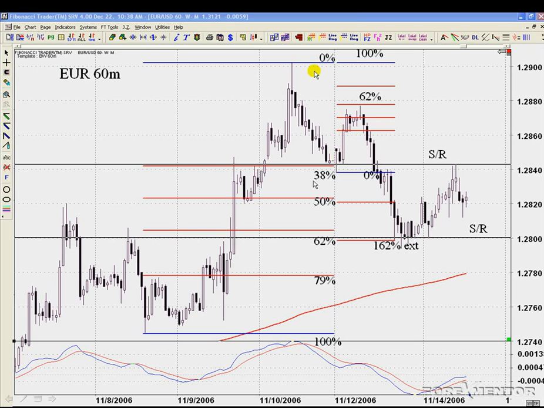And interestingly enough, on this downswing, it responds up to the 62% retracement level. Then price moves down to a 162% extension, and the 62% retracement of the